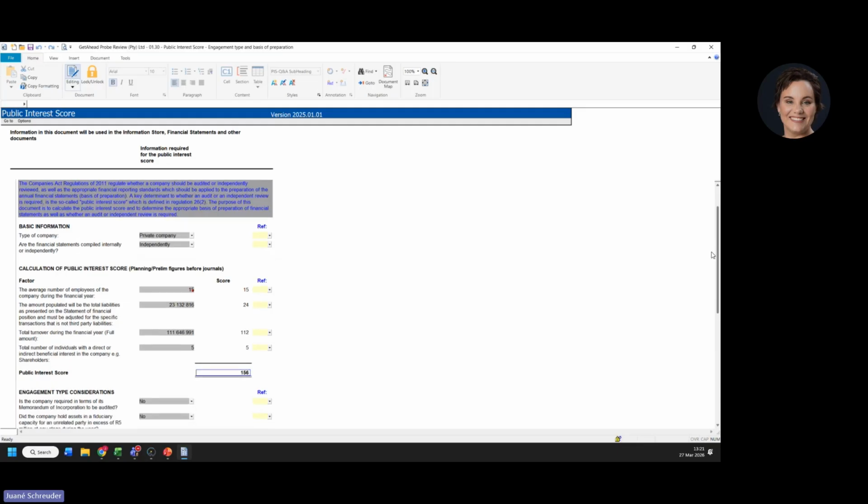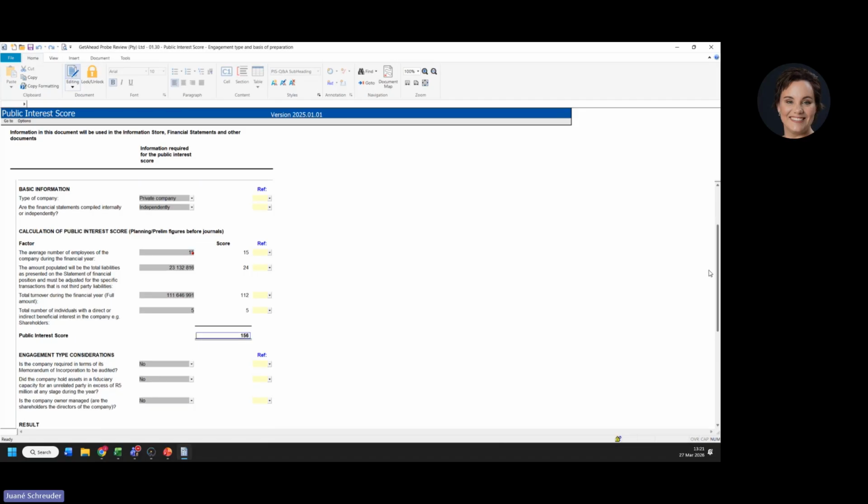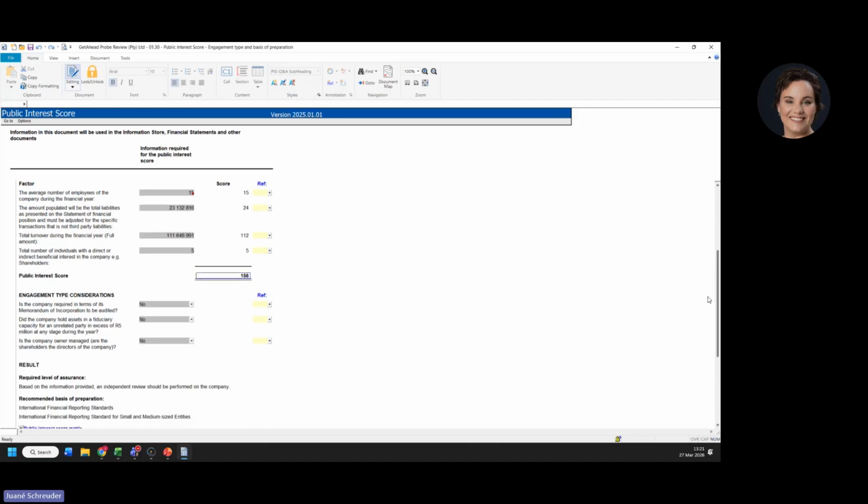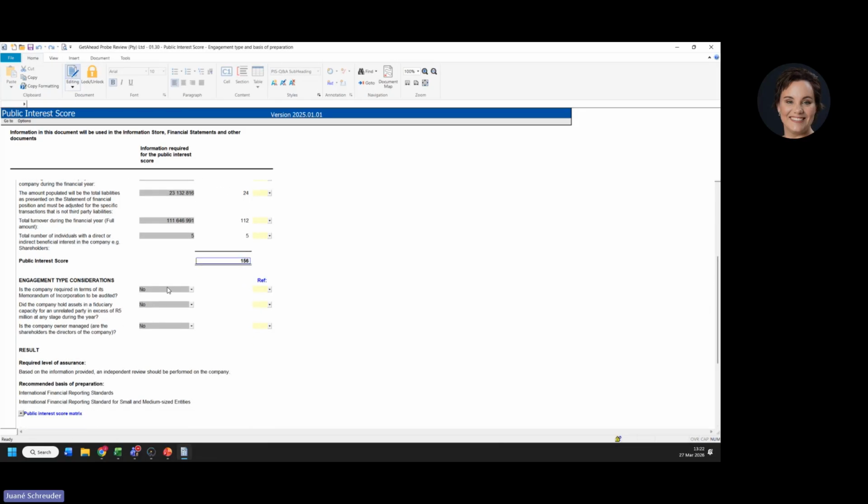It's owner managed, so technically it doesn't actually, no, we don't know. Do we know if it's owner managed? I don't think we've determined that yet. But the company is not required to be audited, so there's no requirement for an audit, and therefore independent review